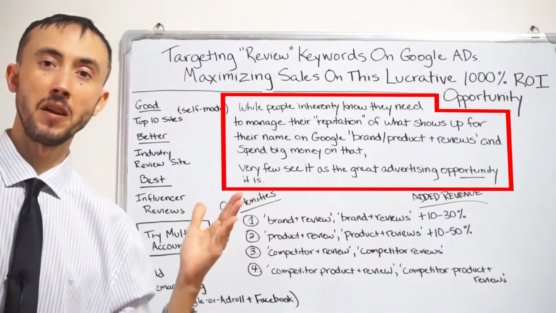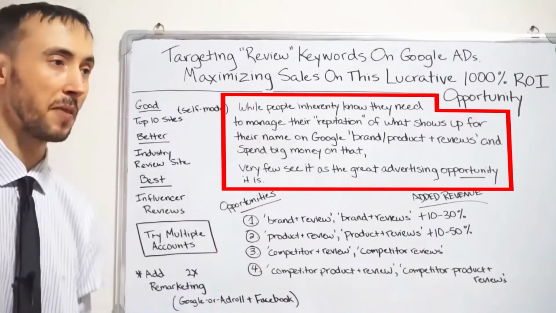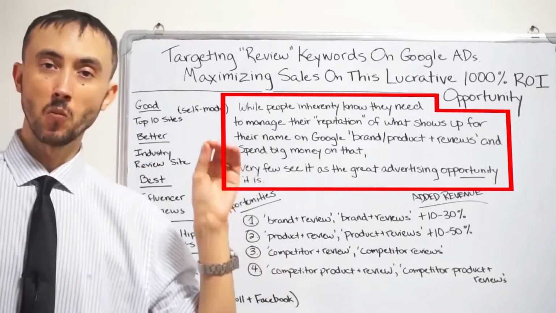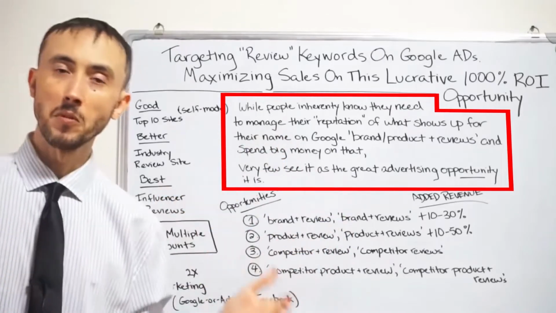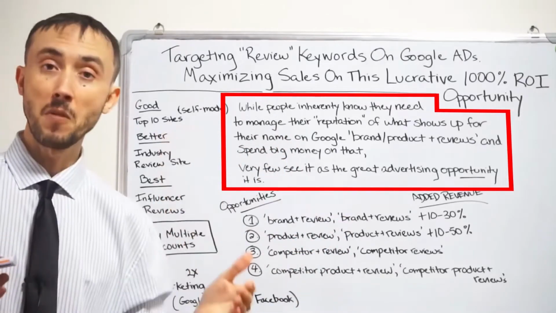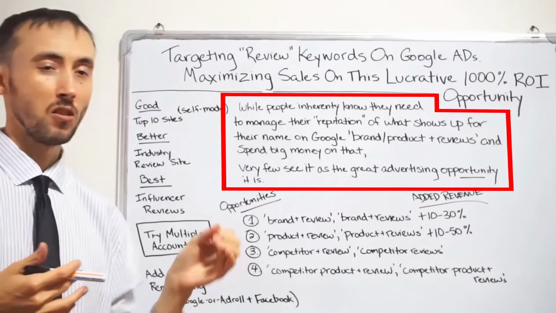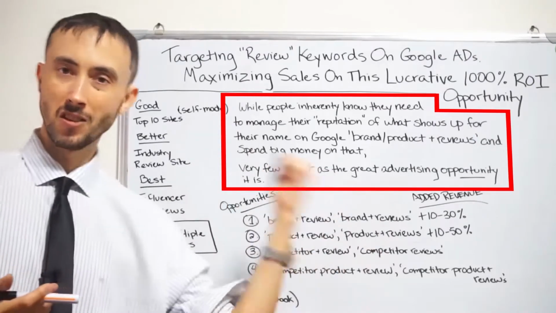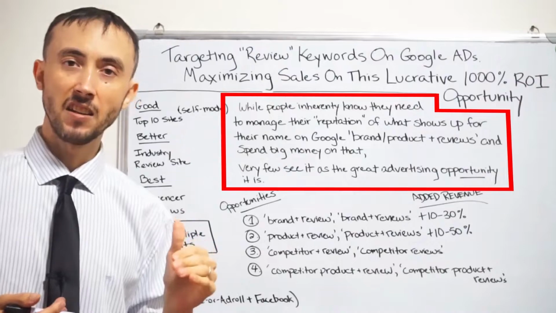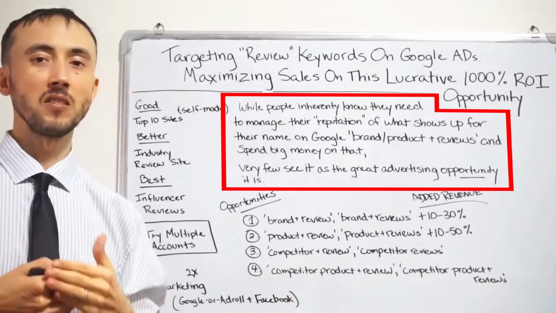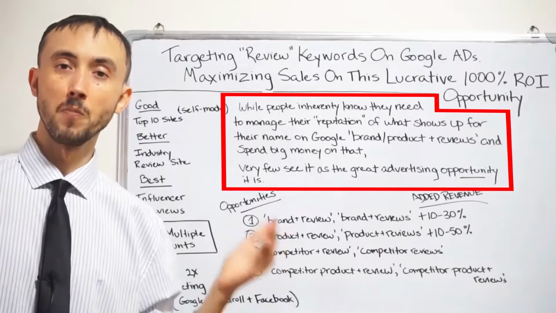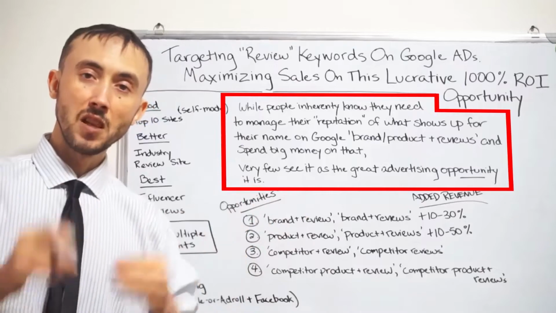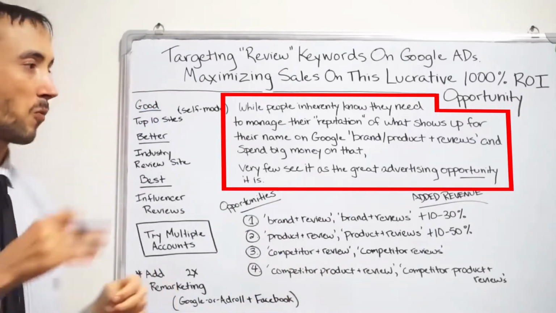Similar to how other brand campaigns work for you right now, and even though that traffic's more qualified, as long as you do a pretty good job at executing and at what people see, you can't do it randomly. Usually, people will just have a brand ad that says what your brand is. If they type in your brand name plus reviews, it just sends them back to the site, and that's barely going to get you anything. It's basically barely worth more than nothing. Okay, we'll just put it that way. By being deliberate about what you do, you can make a ton more money. Which is what this is about.